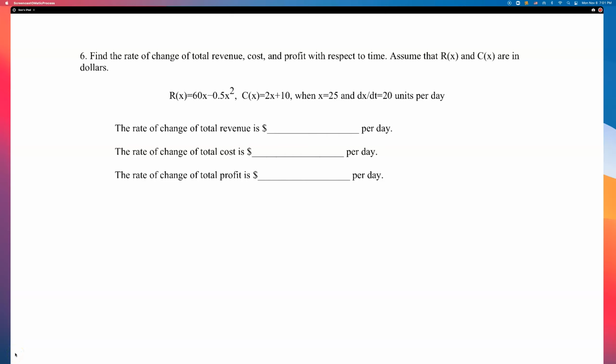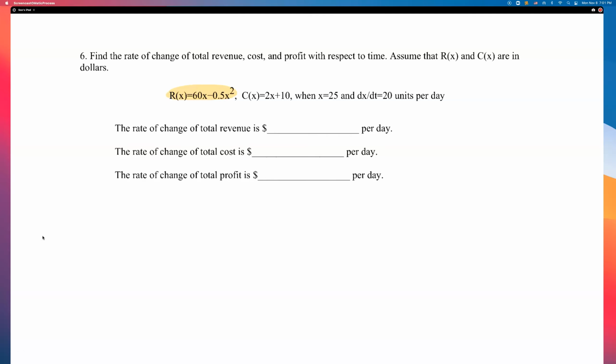Find the rate of change of total revenue, cost, and profit with respect to time. Assume that R of x and C of x are in dollars. So let me find the rate of change of total revenue first. Working with this orange equation, R of x,